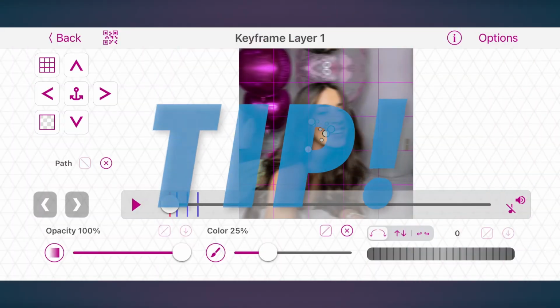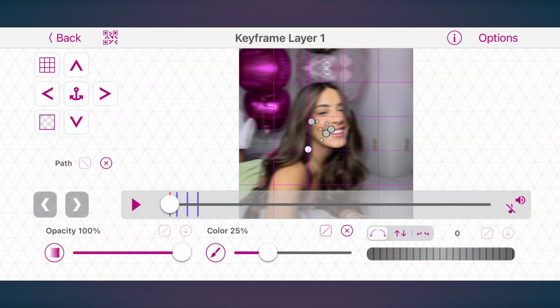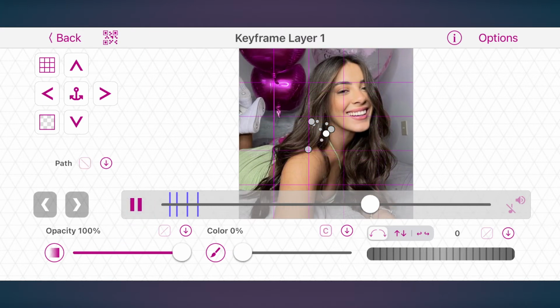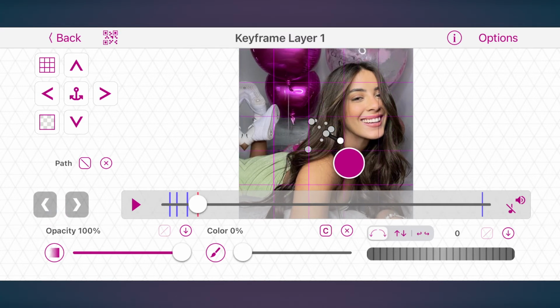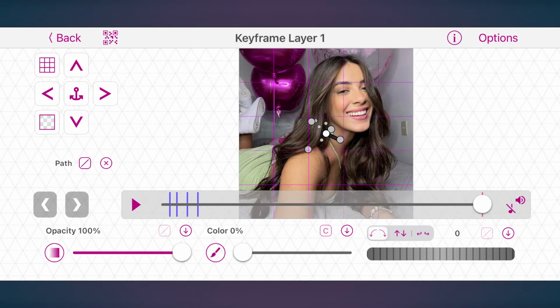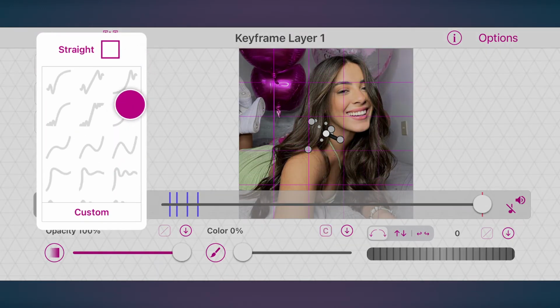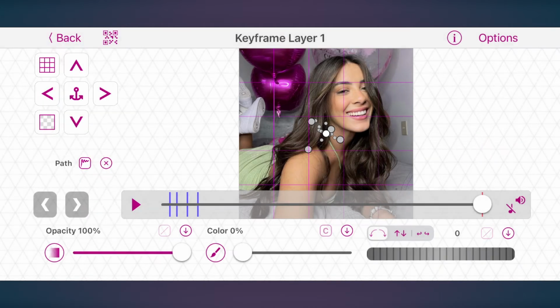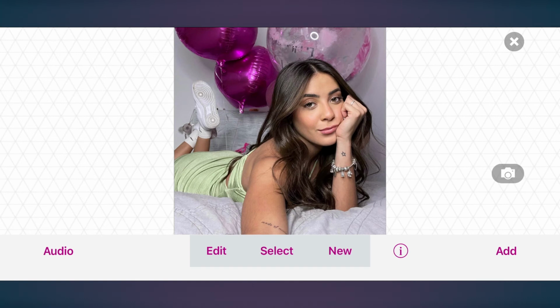Here is a tip. To prevent the transition from ending abruptly, set a keyframe for path in the last keyframe of the scene. Then move the previous path keyframe away from the center. Otherwise, the picture won't move. Add the same shaky graph that was used for size. This is the result of the first shake transition.